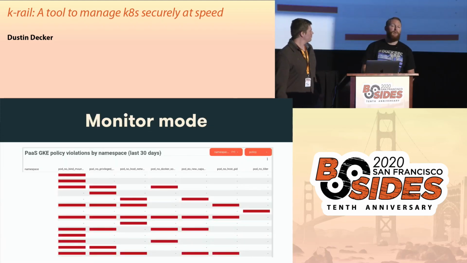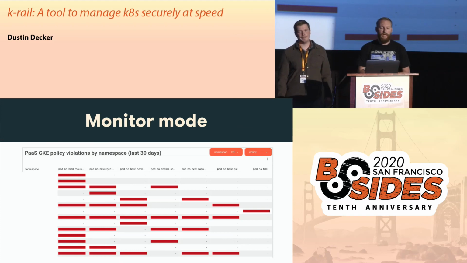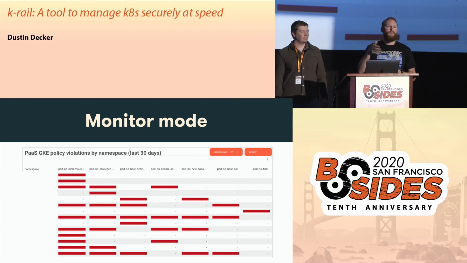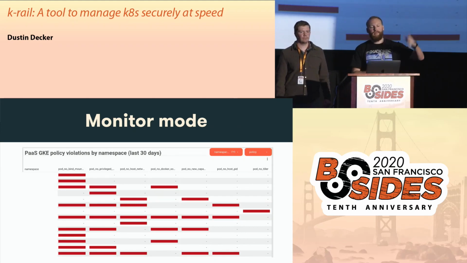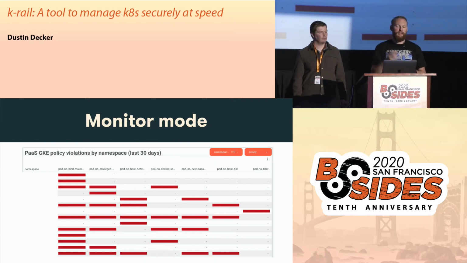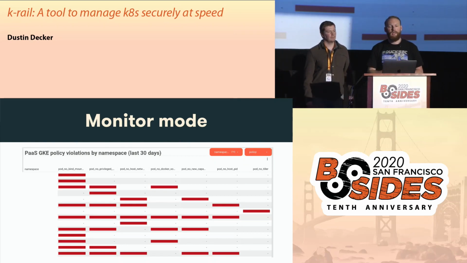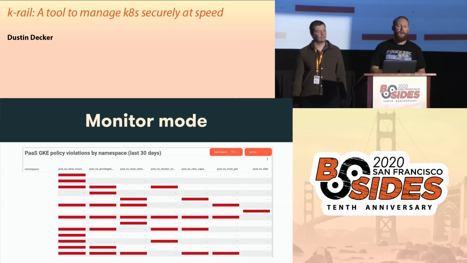So here is a dashboard. We mentioned telemetry. Across the top there, you can see there's the different policies. Pod no bind mount, no privileged containers, etc. And a red box in that column basically means that they're in violation. The namespaces on the left we blanked out, but this was self-service. An engineer could log in and have a look at this and be like, oh, interesting. Mine is violating on these three. Oh, why is that? I'll go have a look.